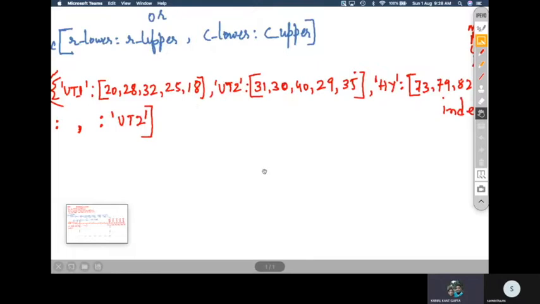What is the next subject? Chemistry, English, IP. So it will go up to chemistry, English, and IP.